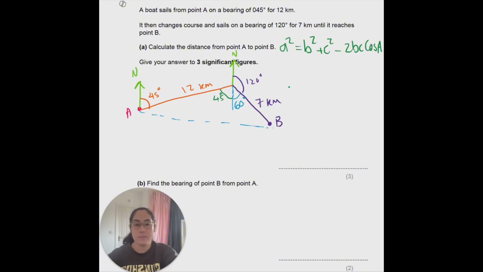So now the most important thing for you to remember is that A is the length that you're trying to calculate, and that A, and cos A, the angle A, is the opposite angle, is the corresponding angle to that length, right? Right, so we're going to substitute all the values that we've got. So A squared is equal to 12 squared plus 7 squared minus 2 times 12 times 7 times cos 105, right? Put all of that into a calculator and A squared is going to give us